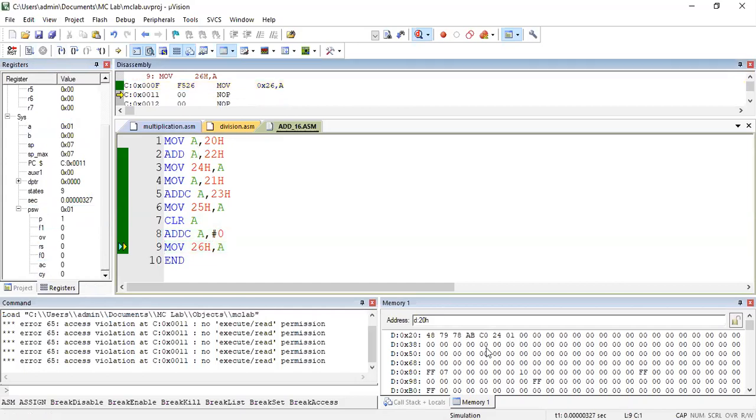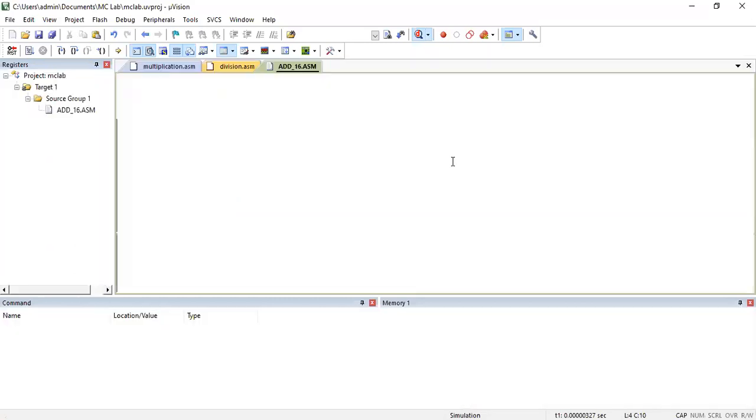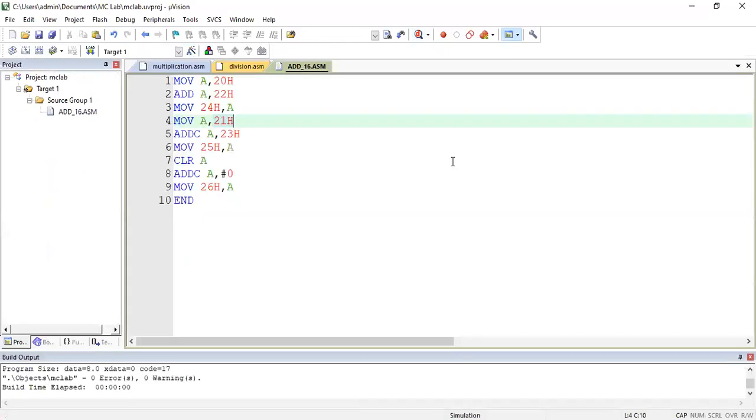This was already executed, so you could see the answer before that. I just wanted to show you where the carry is generated and how it is copied from the carry flag into the accumulator. So this is about 16-bit addition, wherein you need to perform it using 8-bit additions. That is the only option you have in 8051 because you cannot perform 16-bit operations directly; it's an 8-bit microcontroller.